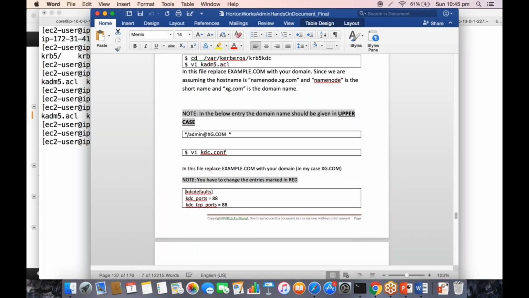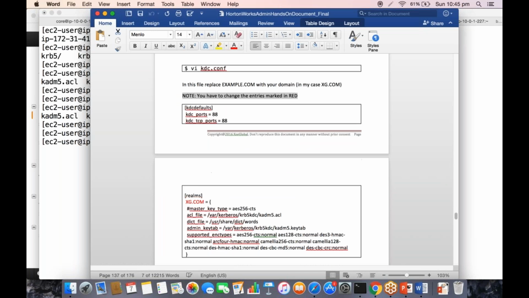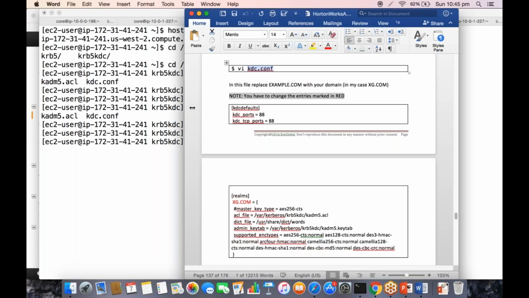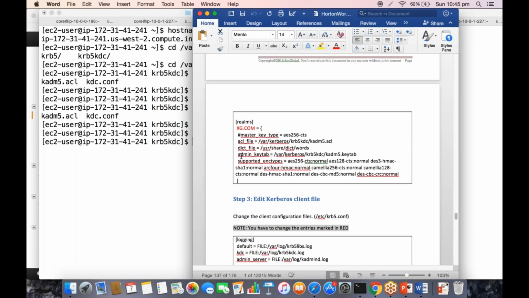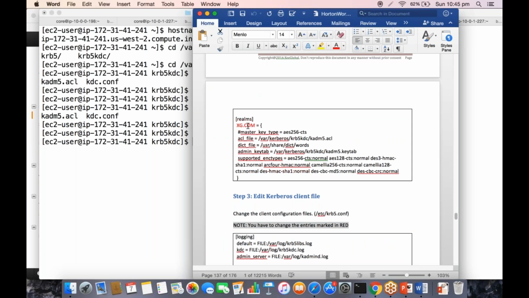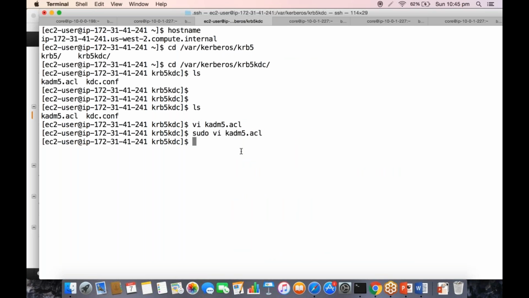Then we are going to give the default configuration. I mean to say, configurations for our Kerberos database, Kerberos server. And here we are going to edit this kdc.conf file, which is present in the same folder where we are right now. And what we're going to do here is the realms. Realms is nothing but the domain. In the default it would be example.com, but we are going to change it to compute.internal. Okay, so now let us change that.